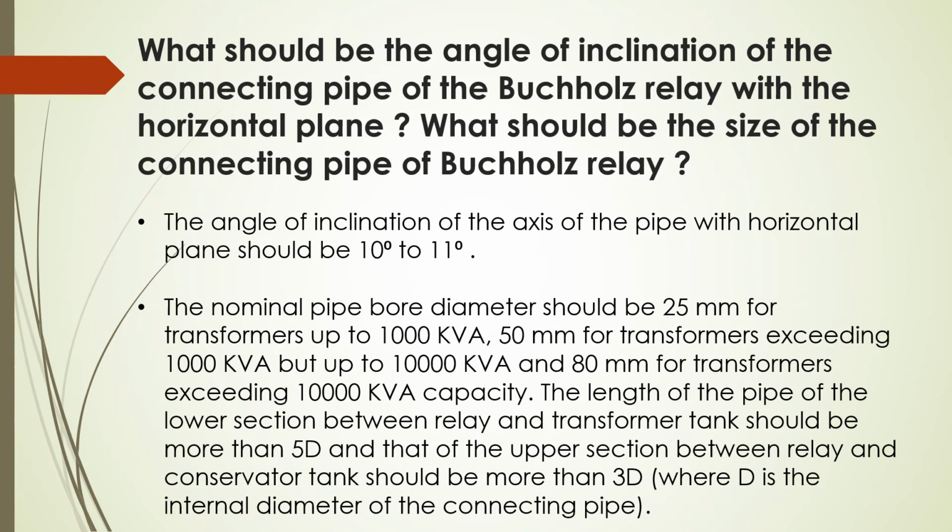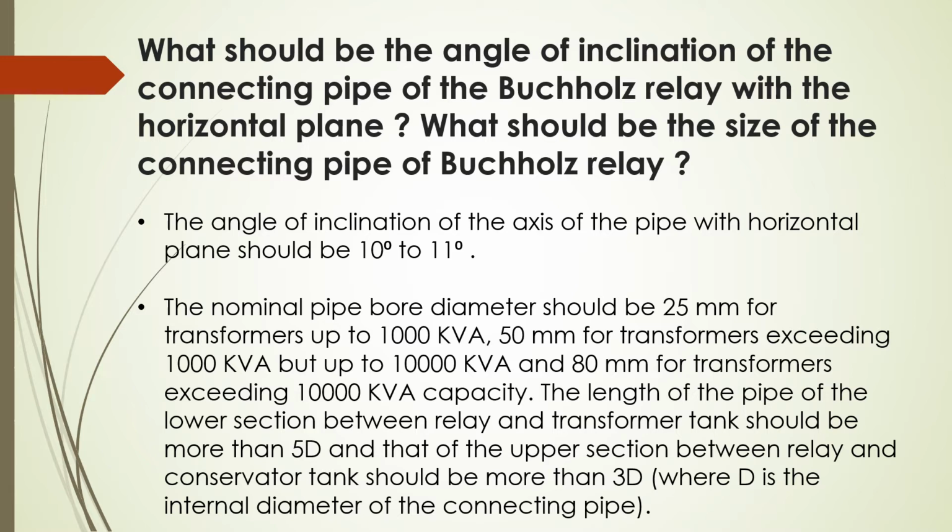What should be the angle of inclination of the connecting pipe of the Buchholz relay with the horizontal plane? What should be the size of the connecting pipe of the Buchholz relay? The angle of inclination of the axis of the pipe with the horizontal plane should be 10 degrees or 11 degrees. The nominal pipe bore diameter should be 25 mm for transformers up to 1000 kVA,